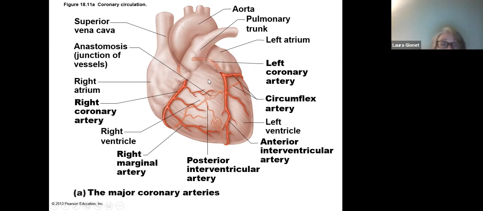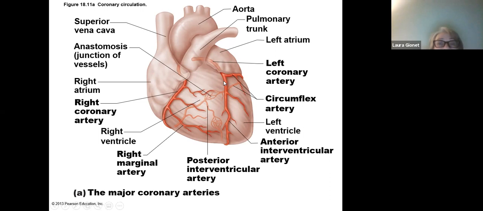And it further branches off to supply the right and left atria and the right and left ventricles. It's not exactly that the left coronary artery only supplies the left side of the heart and the right coronary artery only supplies the right side, like the right atrium and the right ventricle. There's a little squishing and overlapping there. But all you have to know is that the first two branches off the aorta are the right and left coronary